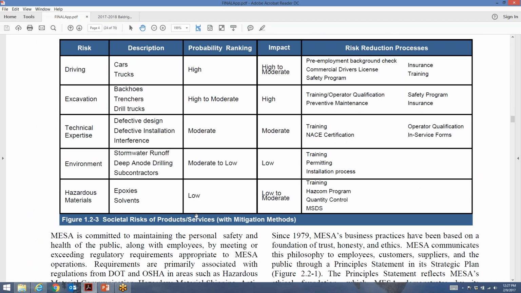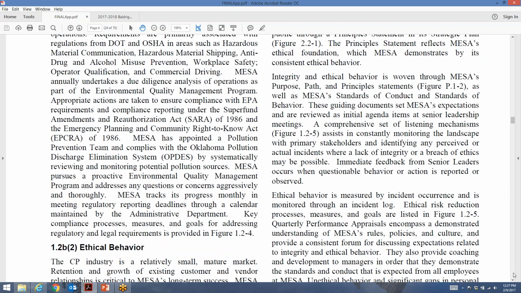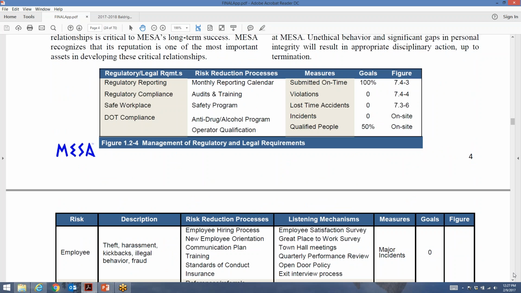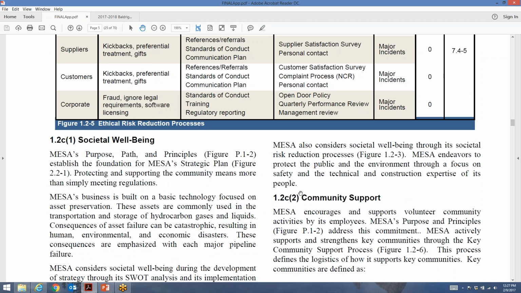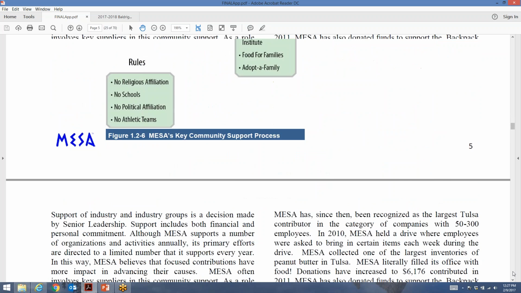Moving right along, societal risks. If those are a big deal for you, we've got several. So how do we address those risks? Someone's going to ask us about those, and so it's just easy for us to say, hey, look at figure 1.2-3. That's really how we do it, and it's pretty clear right there. Not a whole lot of questions. Not too much an examiner team can argue with about that. Ethical and legal things, again, if you can put them in a table, that's great.